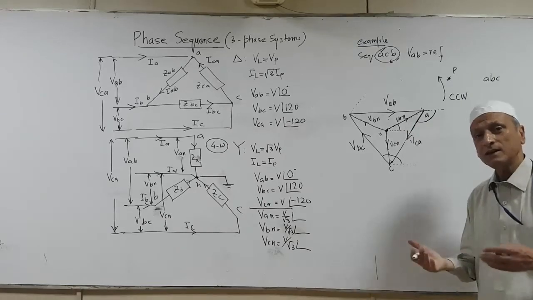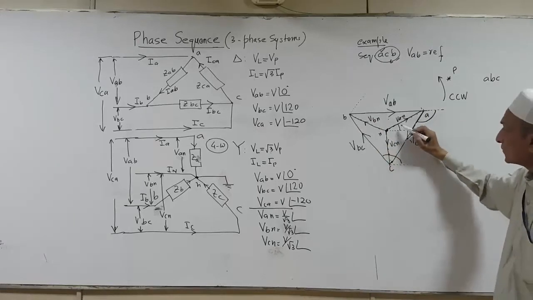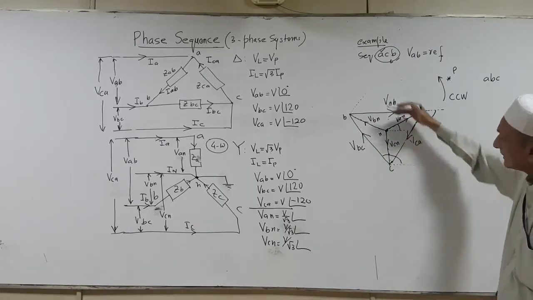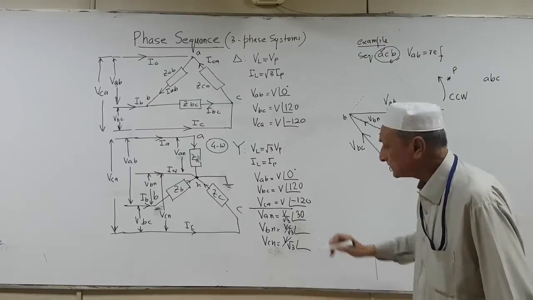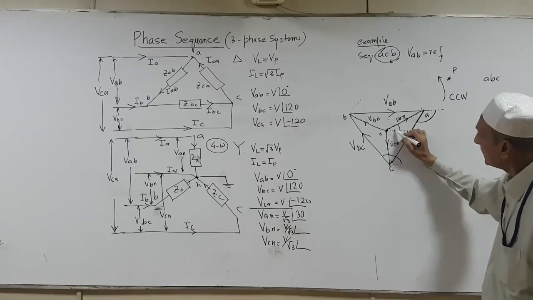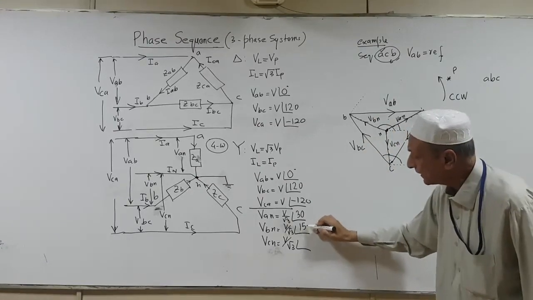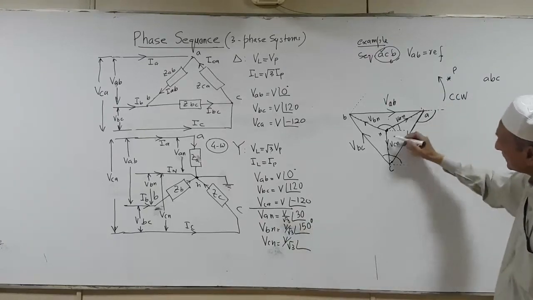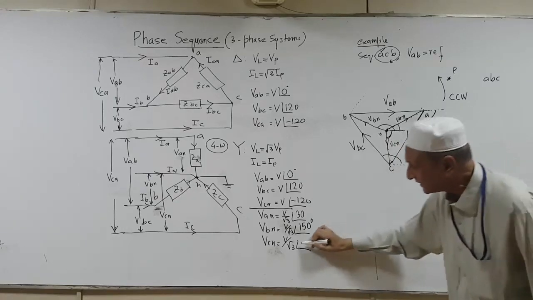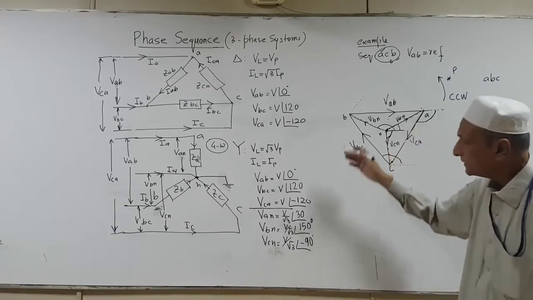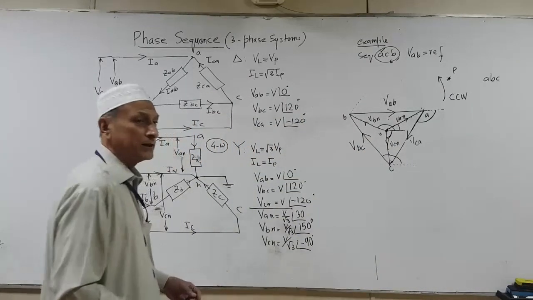So let's work out the angle for VAN. Consider the geometry of the equilateral triangle in which all the angles are 60 degrees. So this angle will be plus 30 in the positive sense. So VAN will have an angle of plus 30 degrees. Similarly, measured with respect to this reference line, VBN will have an angle of 150 degrees. And finally VCN, this one in the downward direction, is minus 90. So that completes the angles of all the line and phase voltages.